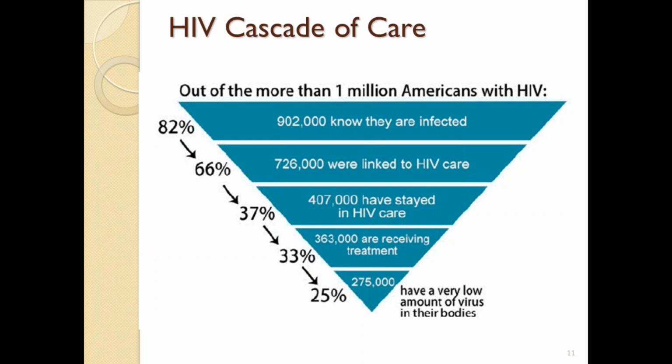And of all the folks with HIV, only about 66% are linked to care. A smaller half of those kind of stay in care. A third are receiving treatment, but only 1 in 4 is actually on appropriate treatment, taking it well with a viral load that's undetectable. So that's really only 1 in 4 individuals with HIV in this country that are well